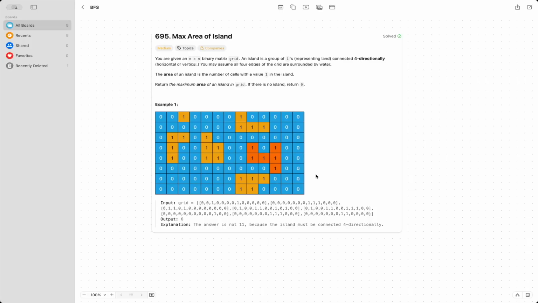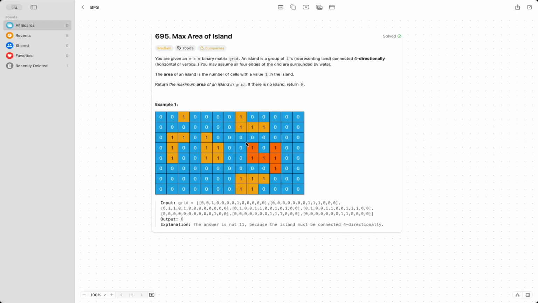Matrix question. We are given a grid, where 1 is considered land and 0 is water, and whatever is around this grid is basically water. We just need to find out how many islands. Actually, number of islands is a different question, but here it is maximum area of island. So there are different islands, and whichever has the max number of ones is what we need to